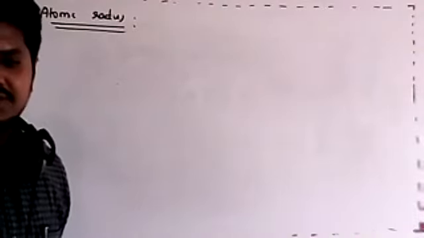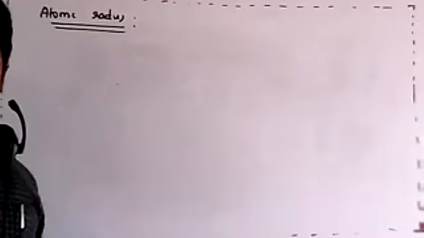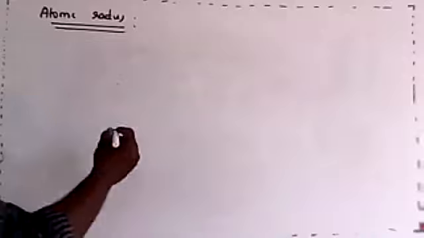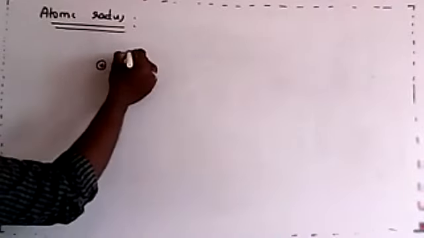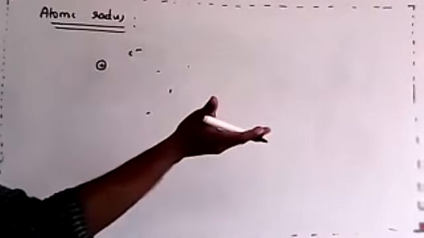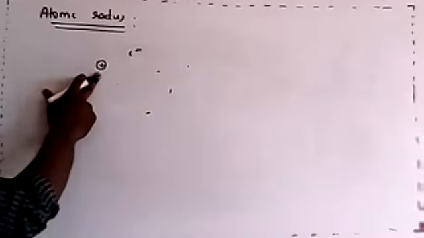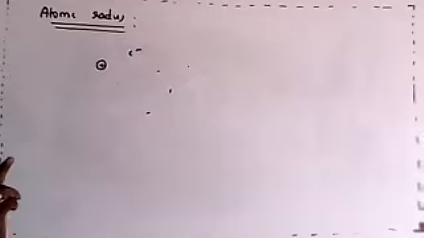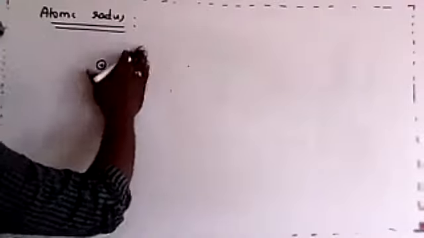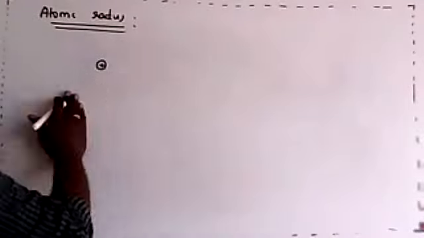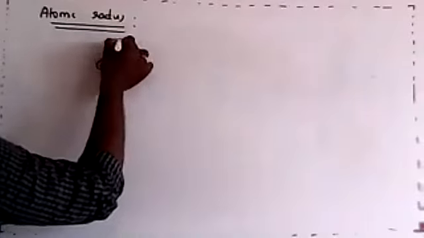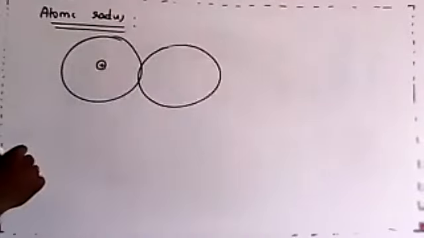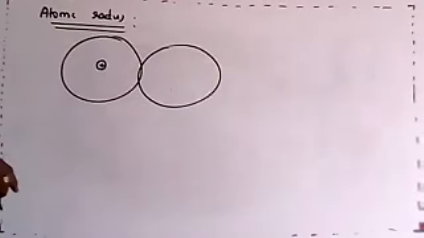Yes, the nucleus will be fixed. Right? The nucleus will be in a fixed position. See here, if I draw the atom like this, electrons will be here, here, here, anywhere. Got it? But this position is always fixed. So what we're going to do here is measure the distance. We will combine the atom with one more atom.